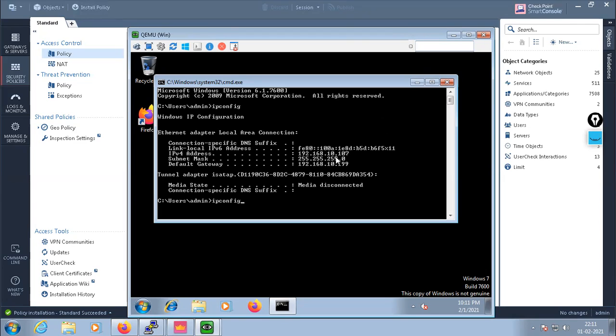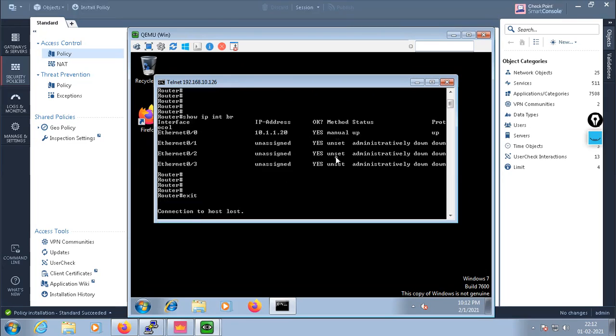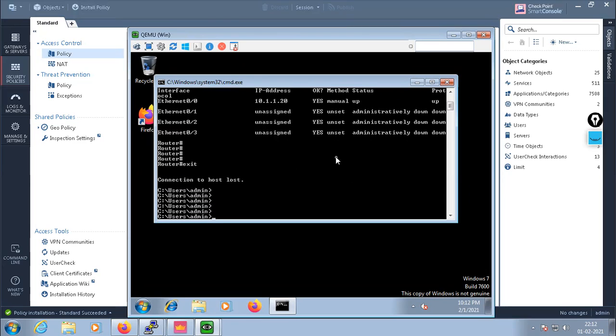Okay, telnet 192.168.10.126. This is admin Cisco. It is going to the router. Admin Cisco. Yeah, so it's working great. So this is the example we have seen. Likewise, we can see so many different examples, like